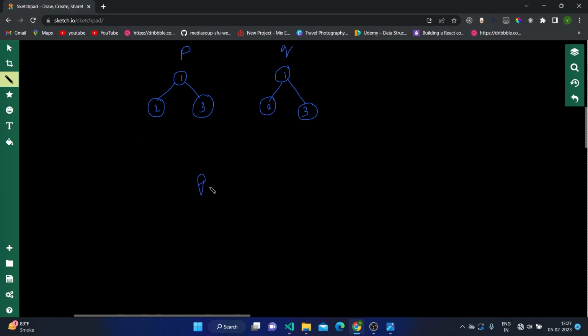So the condition here is P value should be equal to the Q value. This is the root values of these both trees. They should be similar and the left part should be similar. So we can take help of recursion here because we are using this function to calculate if this whole tree is same or not, and the same function can help us to find if the subpart of this tree is same or not. So we can again call this function like if is same p dot left part